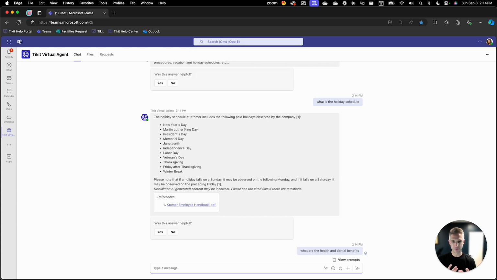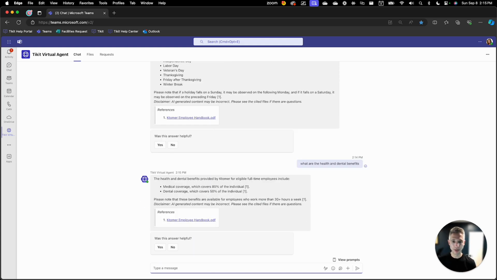This will just bring back a different answer from that employee handbook. Now, a couple of things I want to point out here. One, the benefit of this is massive. This churns knowledge into an interesting difference in a traditional experience. Now, HR, in this particular example, can update their employee handbook, upload it to a